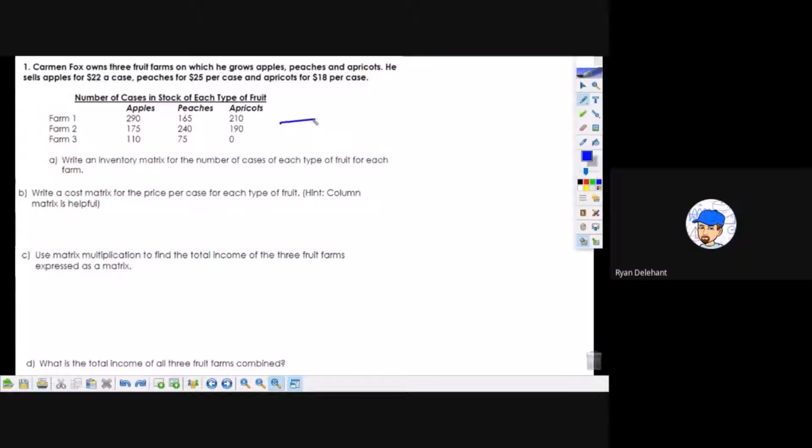So farm 1 has 290 cases of apples, 165 cases of peaches and 210 apricots. So we want to turn this into a matrix. What size matrix will we need? How many farms do we have? There's 3 farms, right? How many products do they have? 3 products. So it's going to be a 3 by 3 matrix. And for this setup, we'll have to double check it, but we're going to put it in exactly like it looks right here. 290, 165, 210, 175,